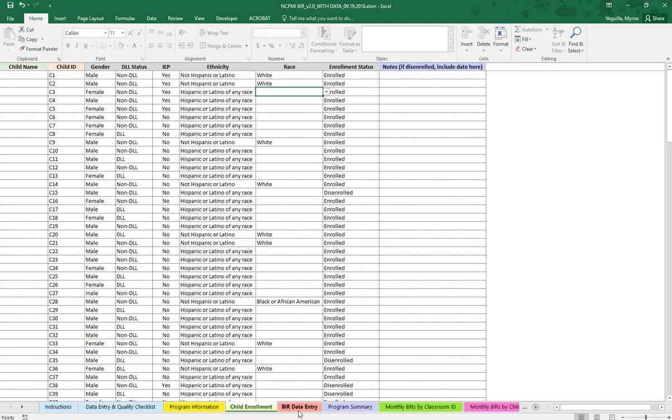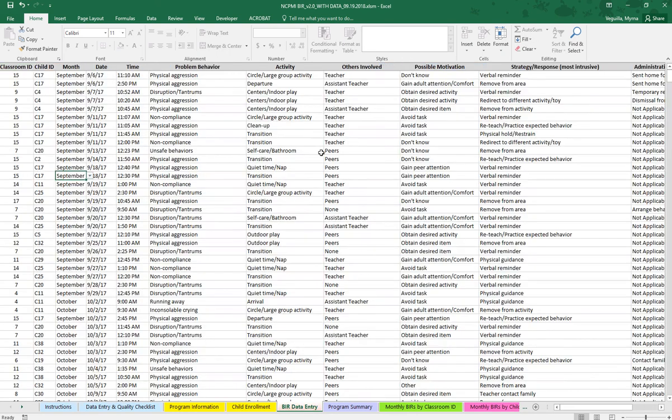After you've done your program demographics and enrolled the children, you're ready for BIR data entry. Each row of the BIR data entry tab is equal to one BIR form. You start off with your classroom ID. It's a drop down, so you select from your drop down. If you do not see the classroom ID here, it probably means that either it's incorrect on the BIR form or the teacher or the classroom was not enrolled in the program information tab. So you'll want to take a look at those two things before you